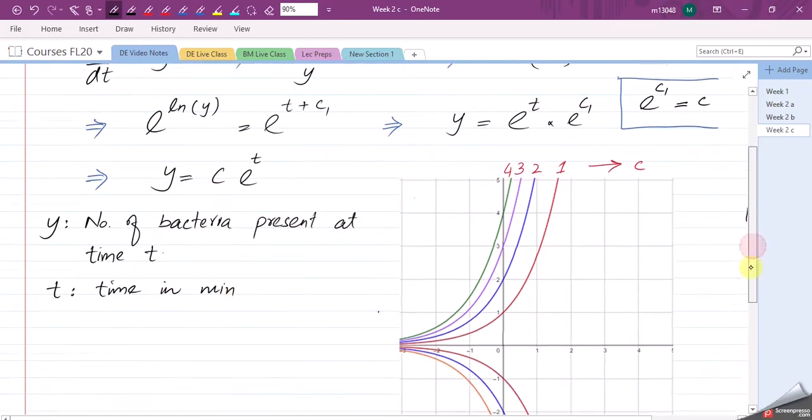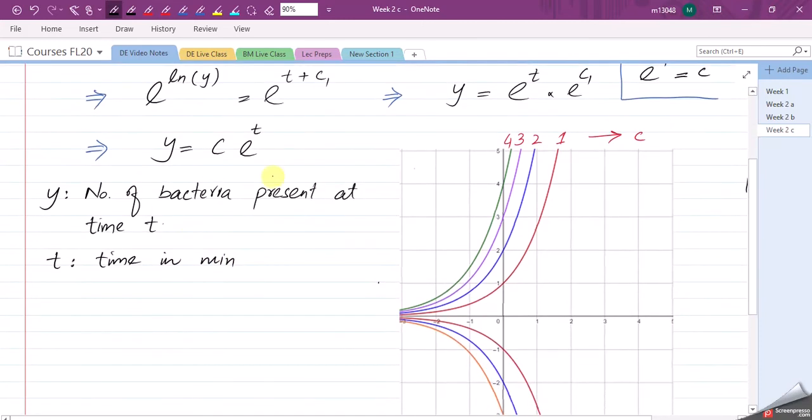Now someone asks me that I have solved a differential equation and I have got a function as an answer, as a solution. Can I answer this question? How many bacteria are present